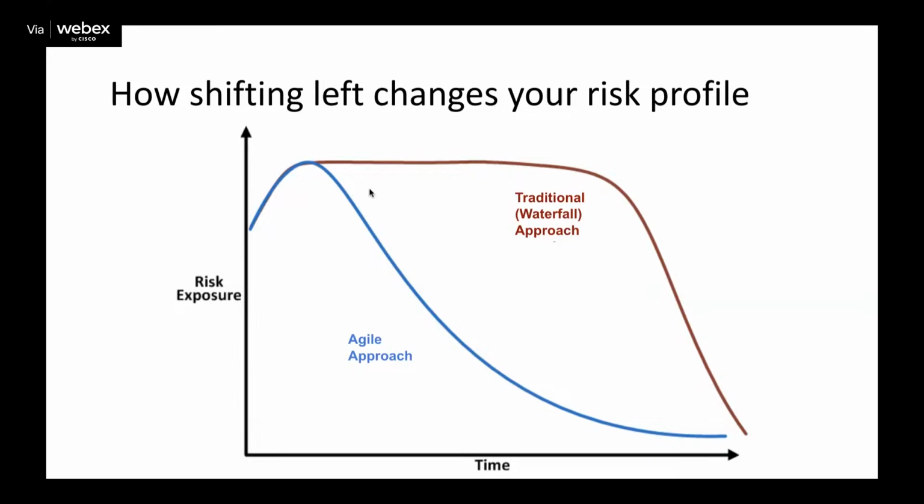And what that means is that on a traditional project, it's a terrible feeling at the end, whereas in an agile world, it's kind of a terrible feeling at the beginning. Because now we're thinking, oh gosh, these people just brought up all of these risks that we didn't think of when we created our backlog, and now we have to handle these things. And sometimes it means adding new user stories. Well, that's the whole point about shifting left. Let's add the new user stories early on so that we can handle the risks, instead of waiting until the end where it's too late.